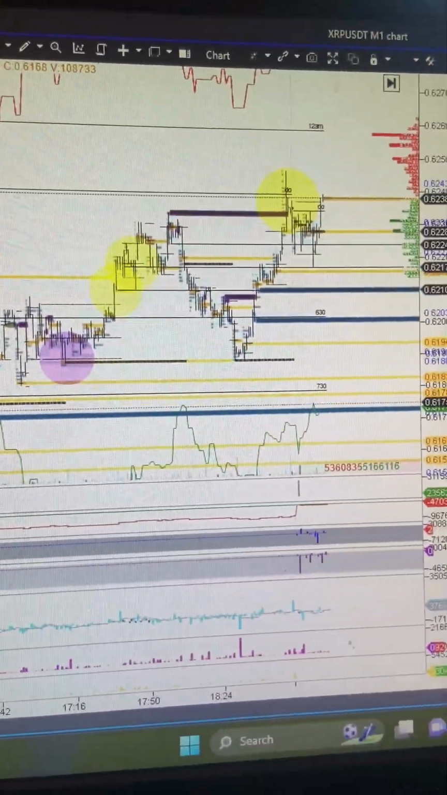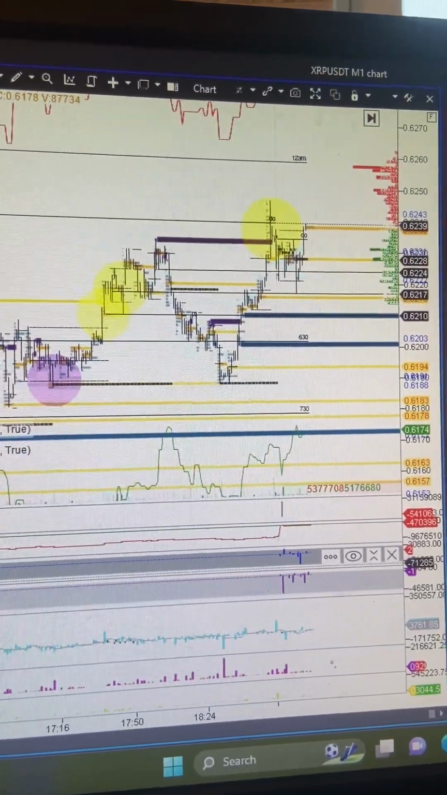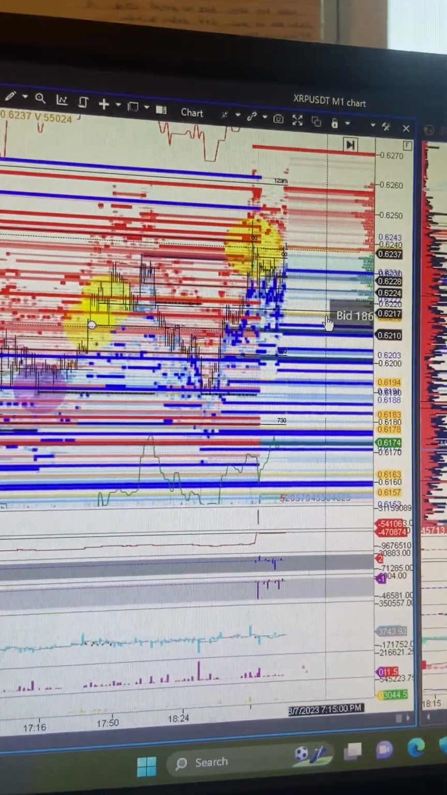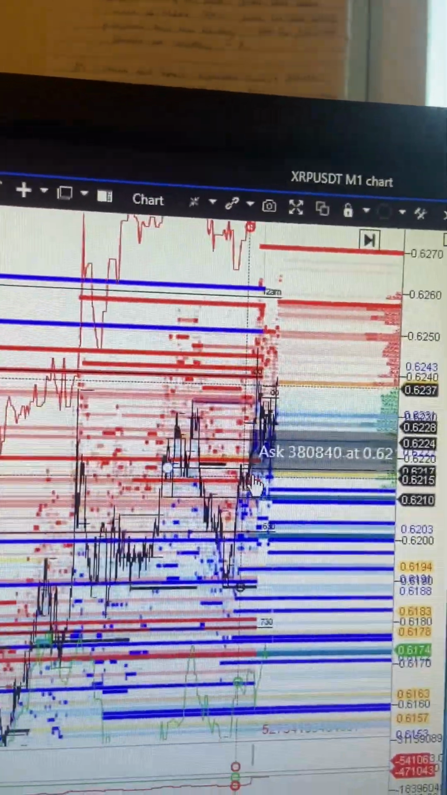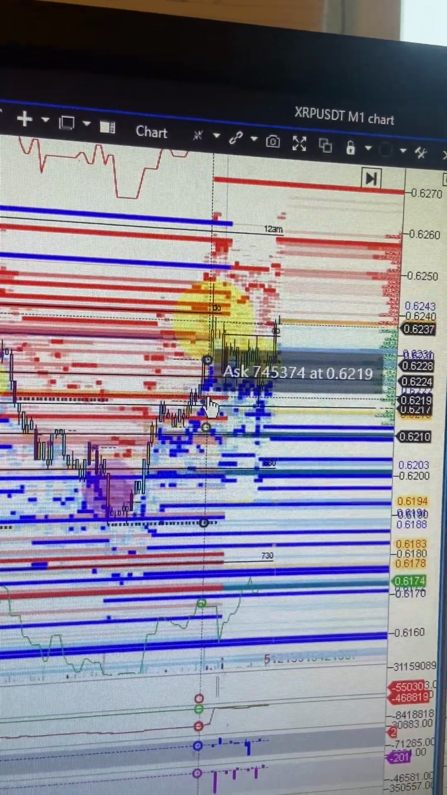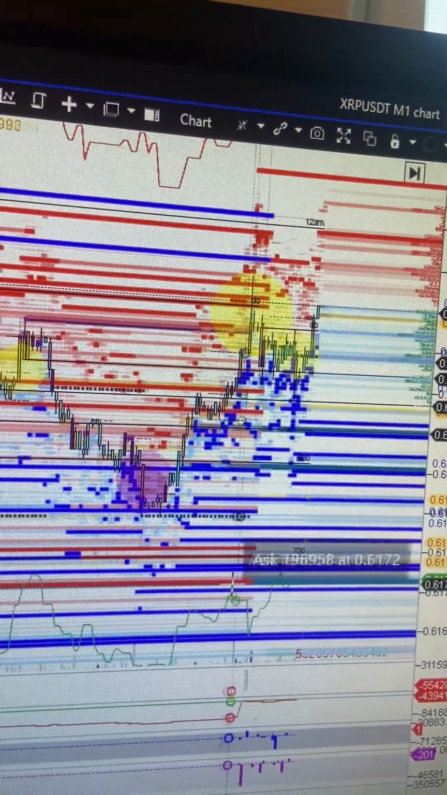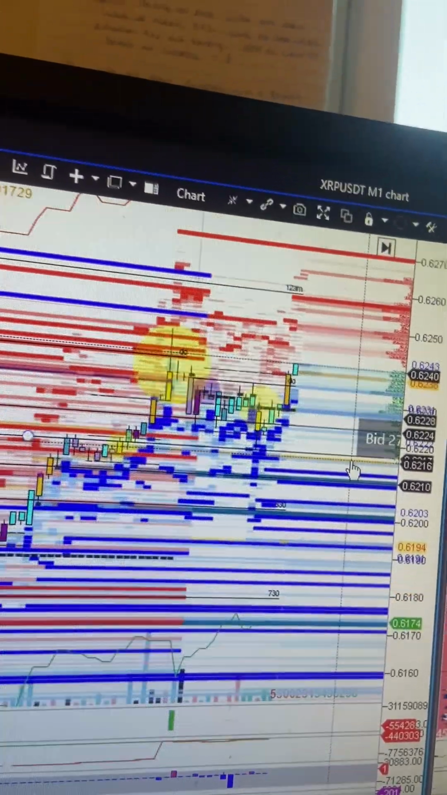I would at least expect a pullback before continuation. Doesn't have to be big, but enough to soak up this liquidity. Like I said, they're not going to want to leave liquidity behind. I mean, this is a lot of contracts. So I would at least expect a pullback, say to like right here,